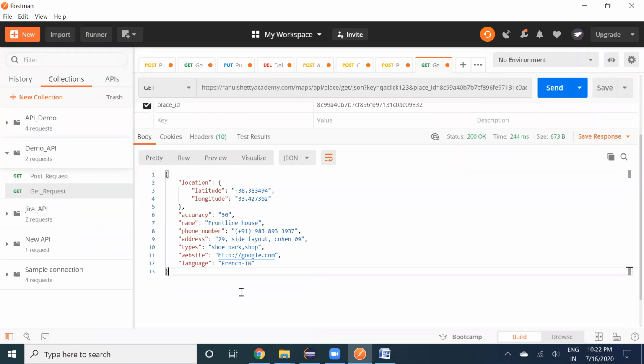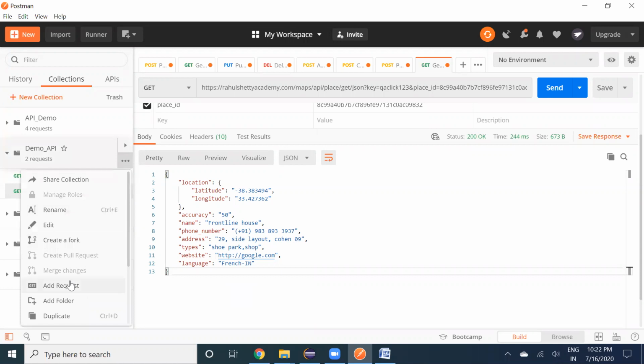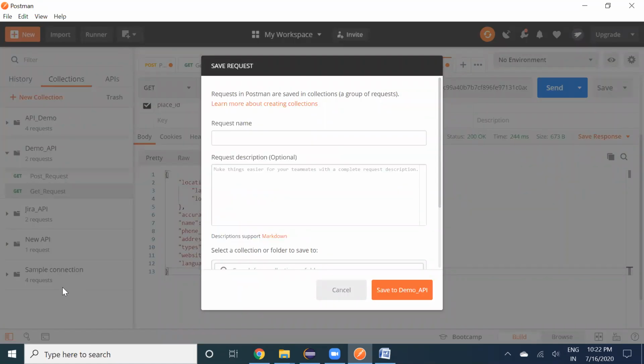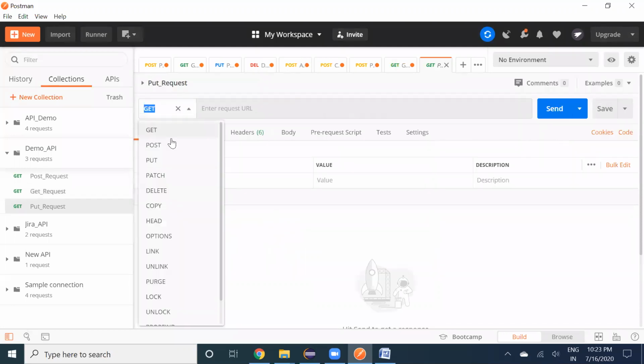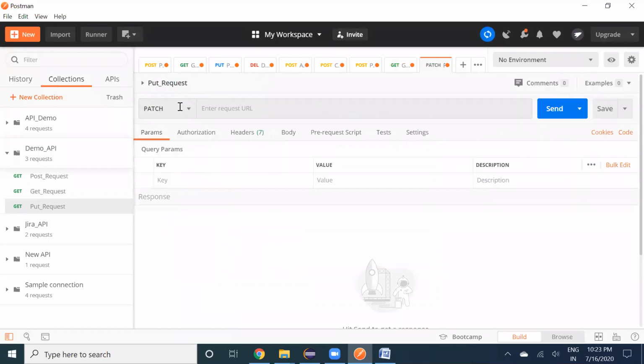Okay, so this is one thing we want to do. Now we'll see the update operation, the put operation. Now you create a new request.